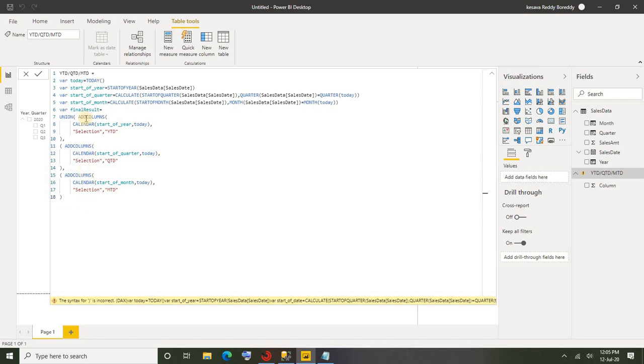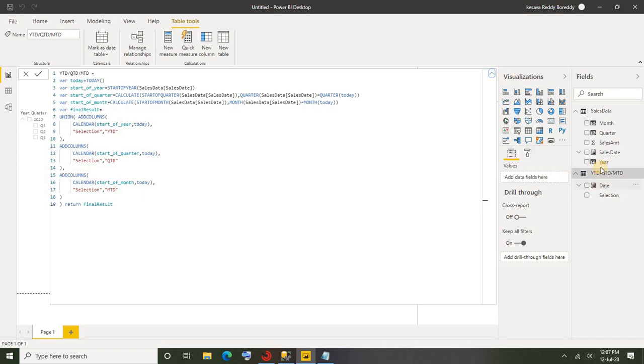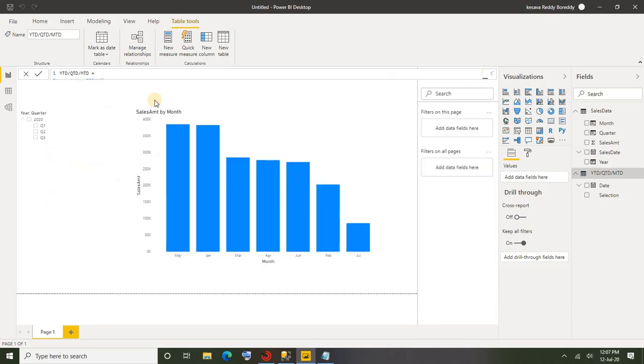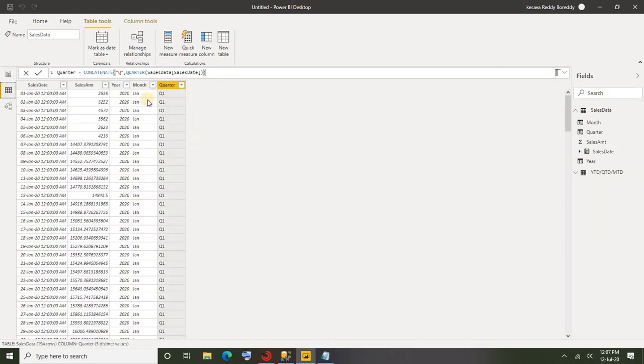Alright, now let's call this result set. Okay, let's return this result set. Alright, let me execute the query. Yep, there is a table created, and within the table we could see there are two columns, date and selection. Let me go to the data section here and let me select this table.